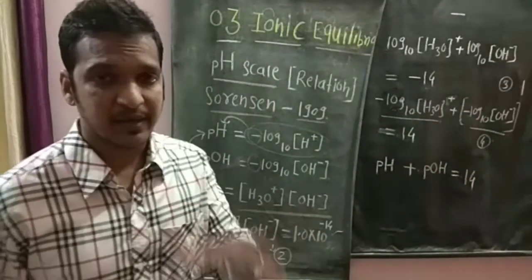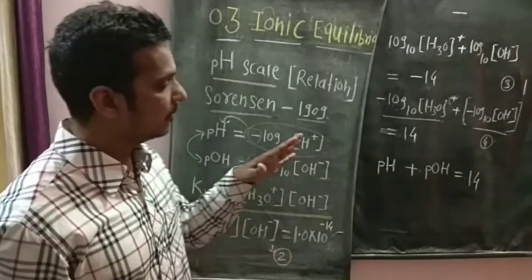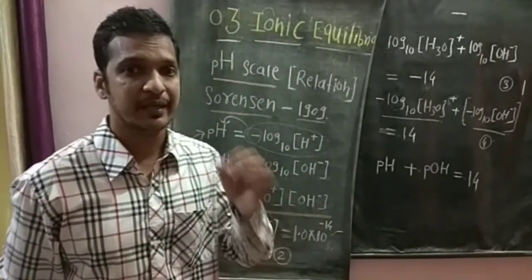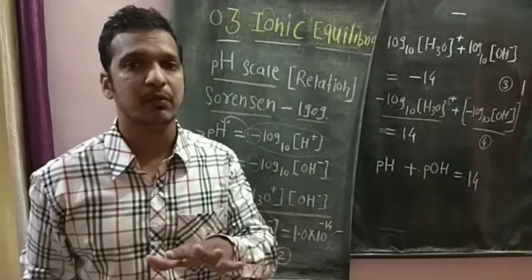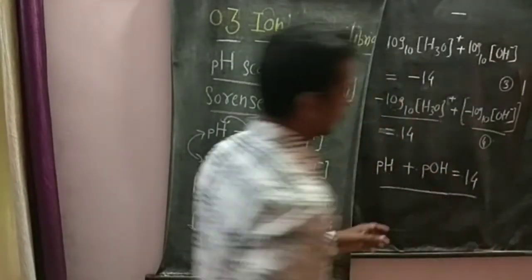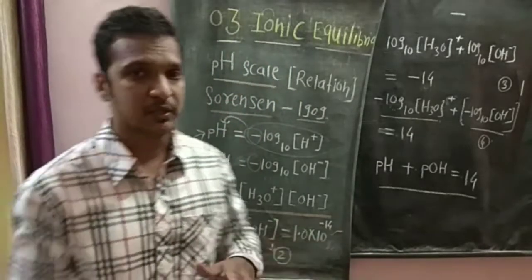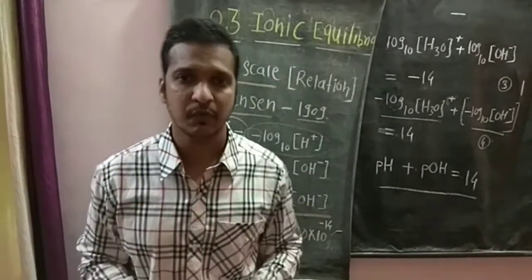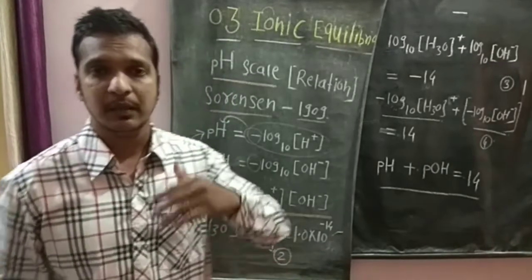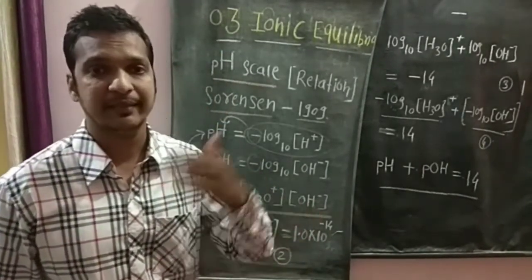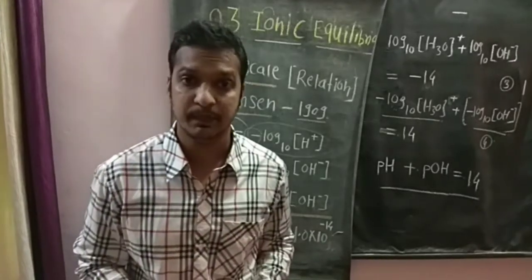So this is your final answer, your major answer, the relation between pH and pOH: pH plus pOH is equal to 14. So that was regarding the autoionization of water, and then the next point is the pH scale, and then the relation between pH and pOH, which is